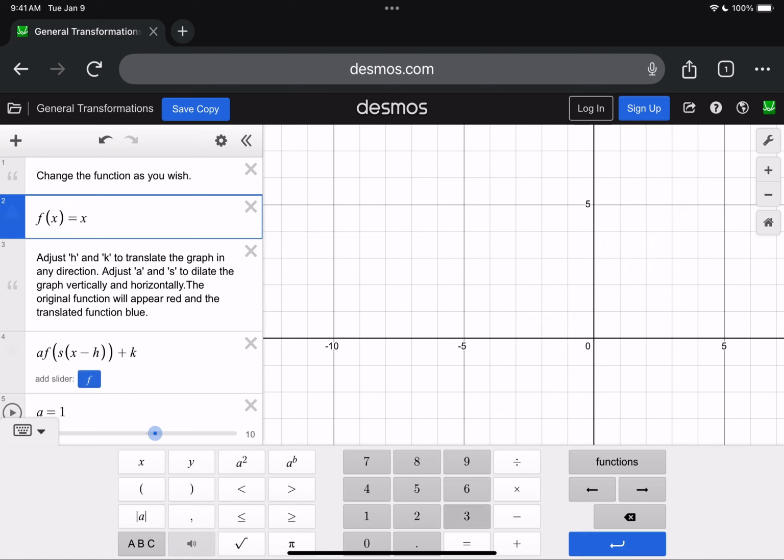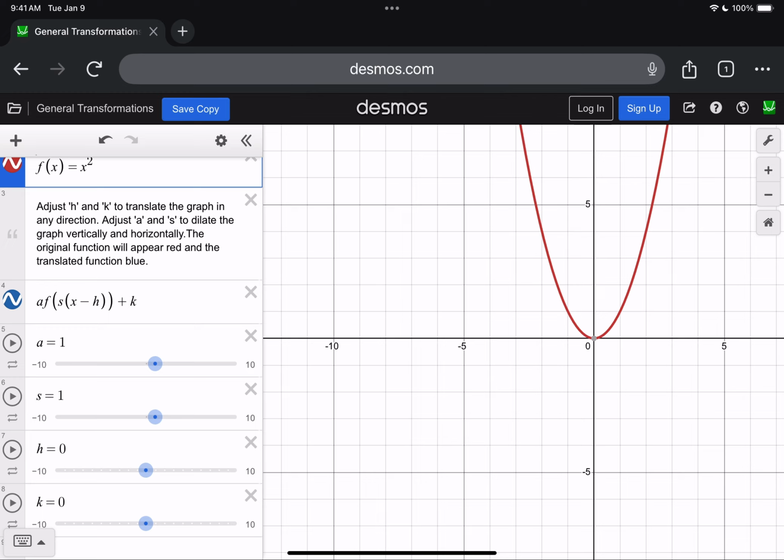Make it x cubed, x to the fifth, whatever tickles your fancy. But I'm going to leave it as x squared. And then all the transformations we're going to talk about happen down below here. So if you want to adjust any of these, all you have to do is move the slider around and the graph will change. So we're going to go through what each of these do, but after we've done that,